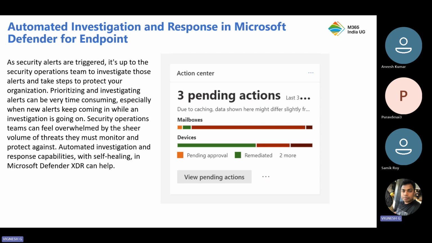The next one is automated investigation and response. Once again, this is not just specific to Microsoft Defender for Endpoint. When I say automated investigation and response, AIR, we saw what you can do with this on MDO also. If you go back and look at the Microsoft Defender for Office 365 session recordings, we did a demo on how you can use the AIR capabilities from the MDO context, right? So what we are planning to show you today is how you can do AIR from the Microsoft Defender for